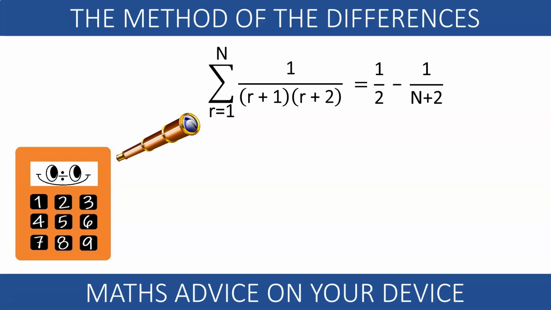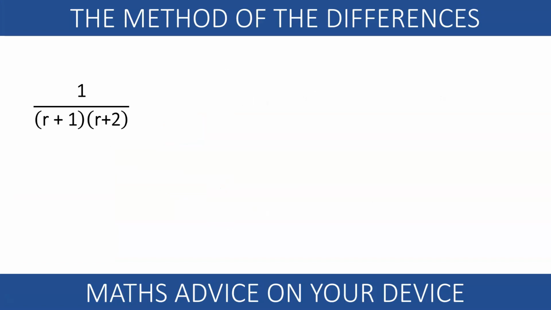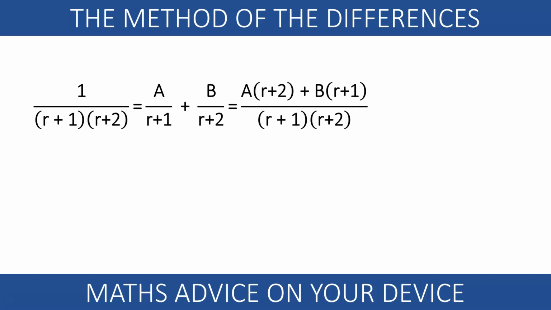In this video, we are finding the sum of a telescoping series using the method of differences. It consists of separating the expression for the general term of our series into two fractions and hoping that one of them has a negative sign in front of it. This will be the key for our method to work.